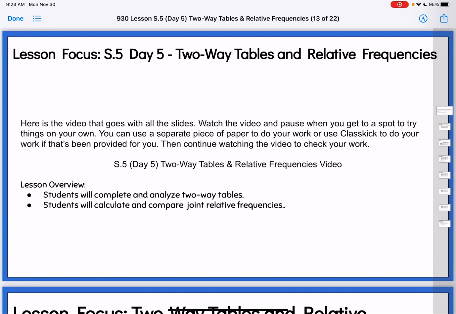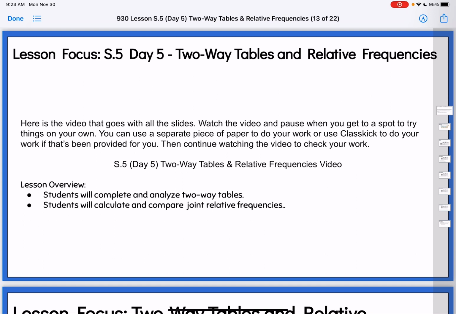All right, lesson 5 for our statistics unit here for 9:30. So far we've been talking about a bunch of different data displays: dot plots, box plots, histograms, fun stuff like that. Today we're going to change gears a little bit and talk about these things called two-way